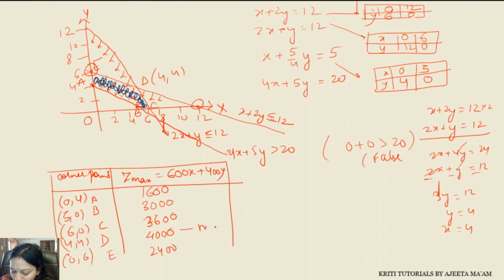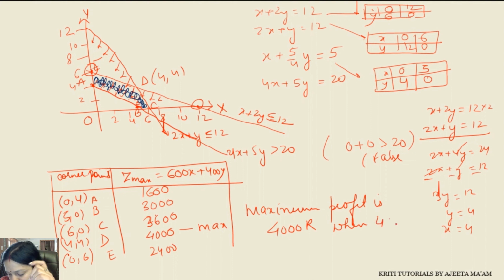So what is the maximum value? This. So what will be a concluding line? So the maximum profit is 4,000 rupees when 4 units of each are produced or manufactured. तब आएगा मैन्युफैक्चर आपको